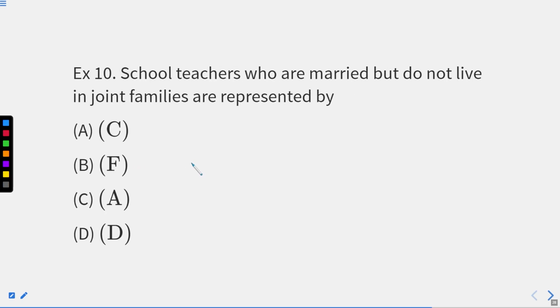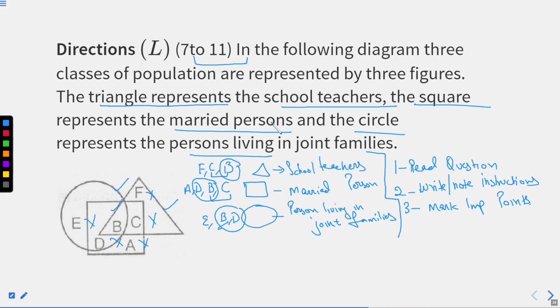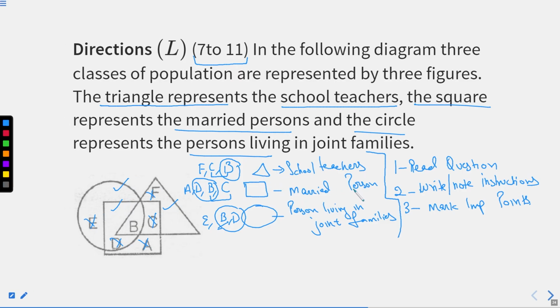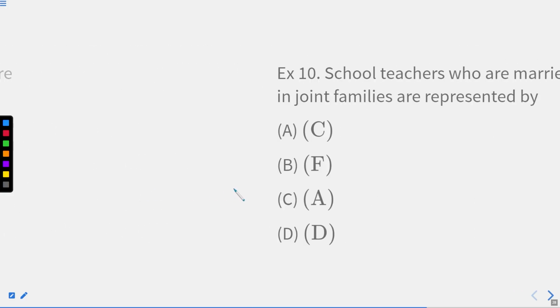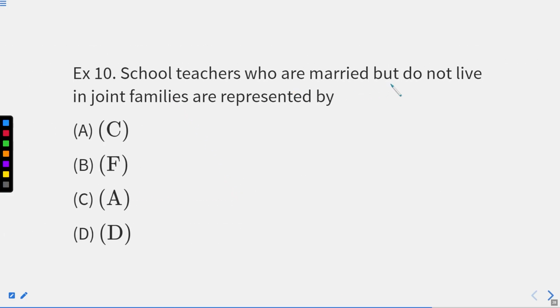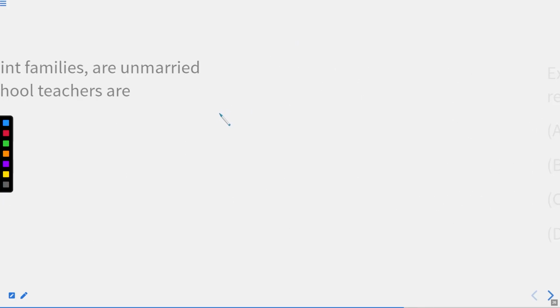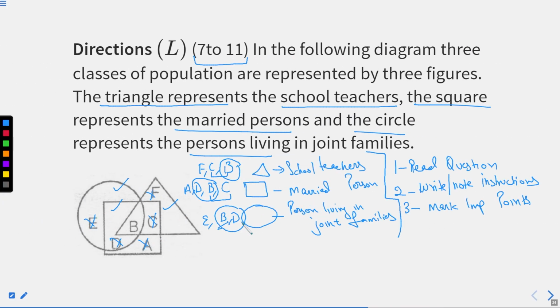That is, school teachers who are married but do not live in a joint family. Now what do we need? A school teacher who is married. So you can go back to the diagram that you have made. A school teacher who is married. What is common? That is B and C, right? So in question number 10, school teachers who are married are B and C, but do not live in a joint family, right? For that, we know that B lives in a joint family, but C does not,